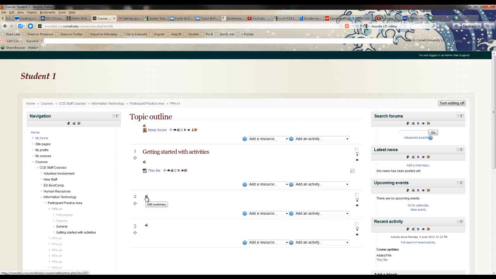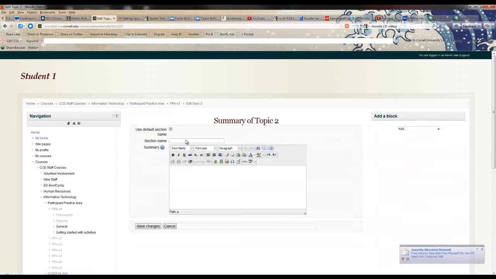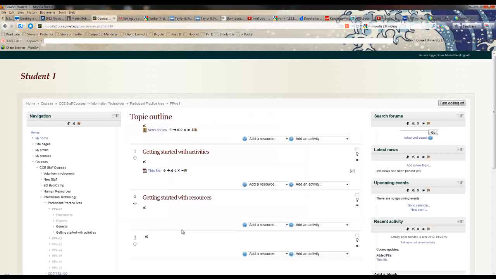And again, we could go to topic 2. We click the little hand holding a pen to edit the summary. And we could uncheck the default and call this one Getting Started with Resources, and we're going to save those changes. And here we go, we have a topic 1 called Getting Started with Activities, topic 2 called Getting Started with Resources,